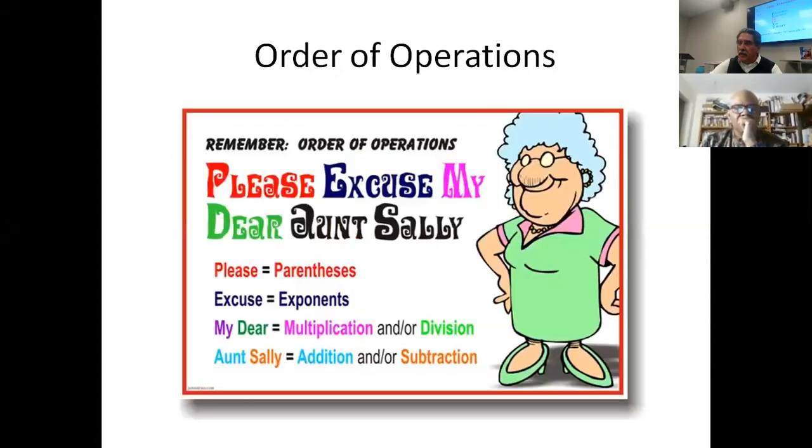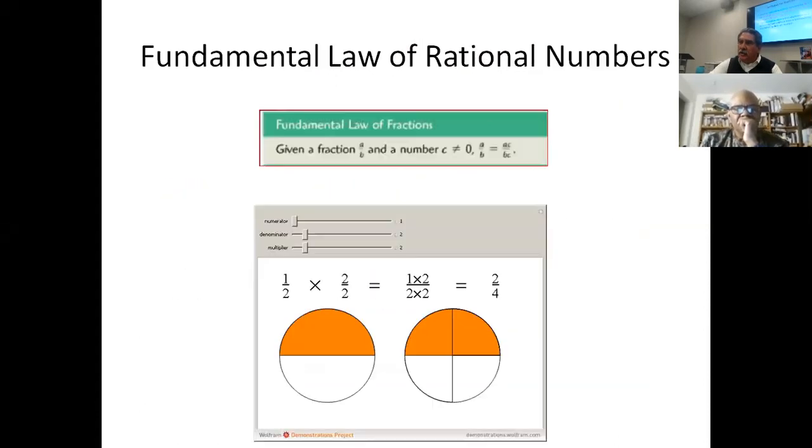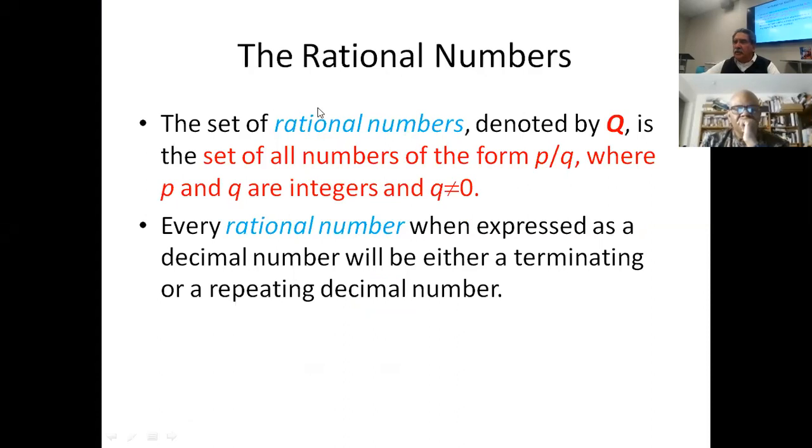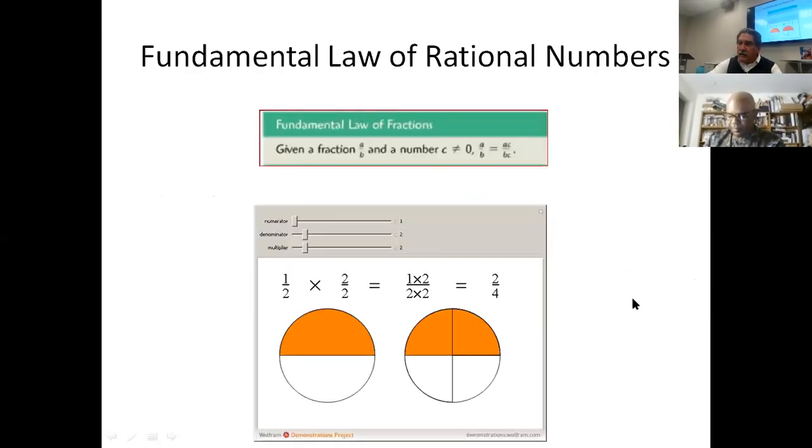All right? So we talked about, now, rational numbers. What's a rational number? The set of rational numbers is denoted by Q. It is the set of all numbers of the form P divided by Q, where P and Q are integers and Q is not 0. You cannot divide a number by 0. Now, every rational number, when it's expressed as a decimal number, that decimal number can be terminating or can be a repeating decimal number. Now, again, we will talk about this as we see. For example,